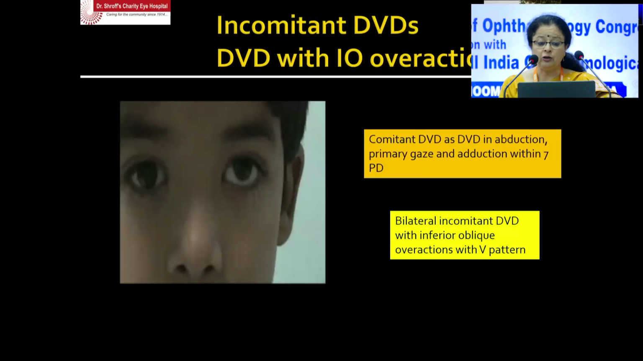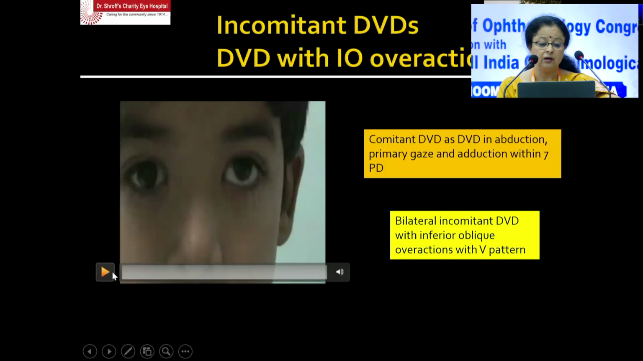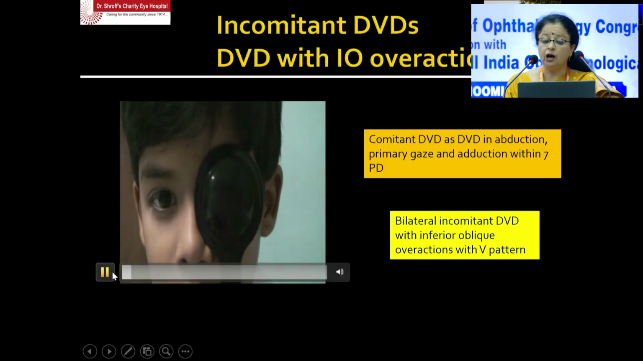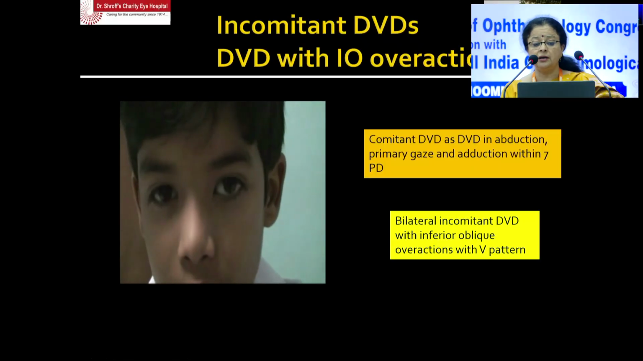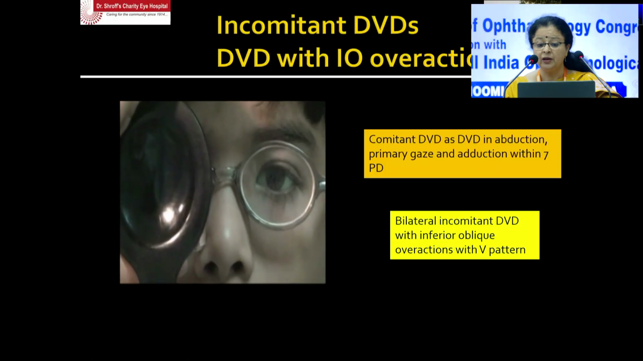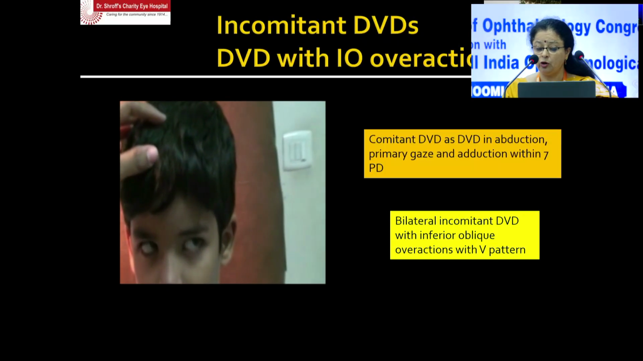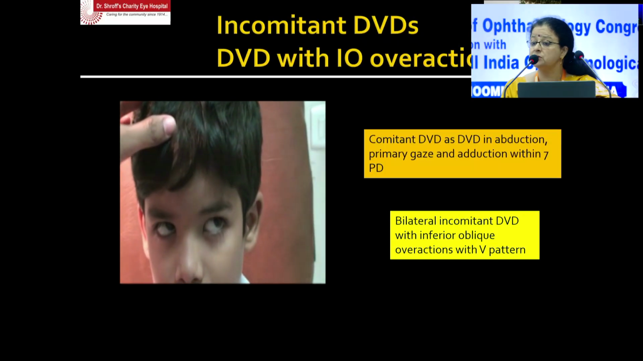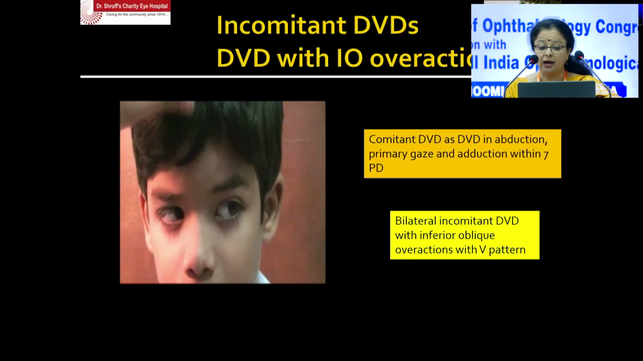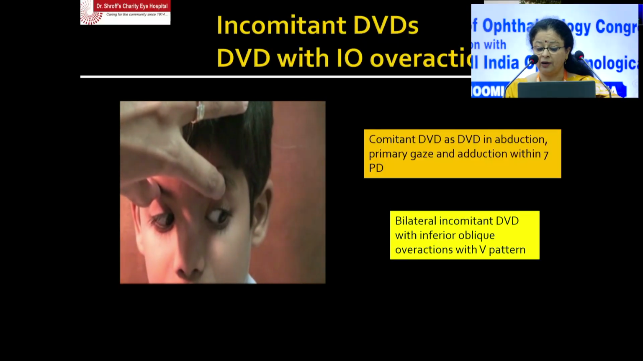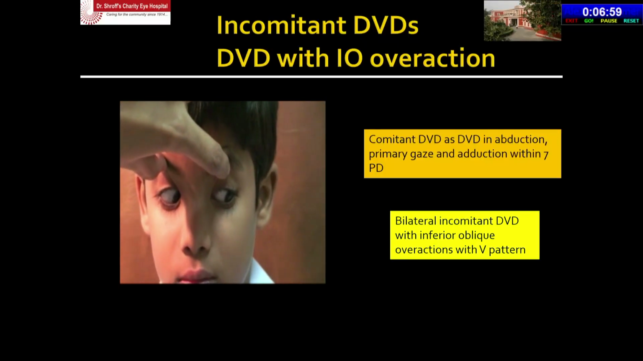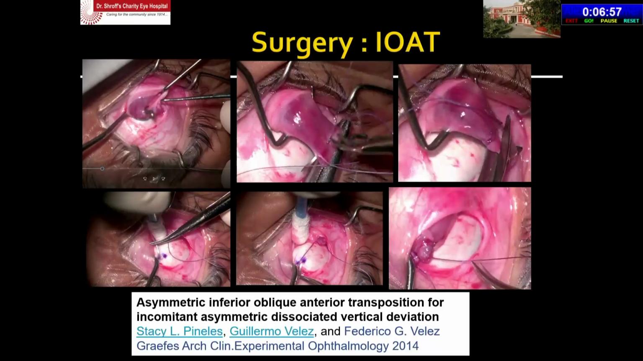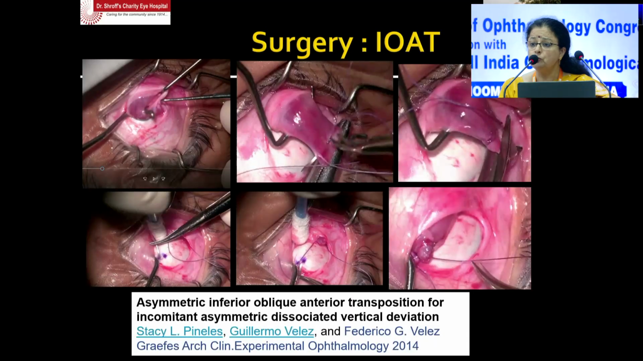Now you have incomitant DVDs. We should know that incomitant DVDs are DVDs with inferior oblique overactions. Here you find that it is more in adduction than in abduction. These cases are associated with inferior oblique overaction, and there is an associated V pattern. In these cases, what you plan is an IOAT, inferior oblique anterior transposition. You could also do an asymmetric inferior oblique transposition if there is asymmetric